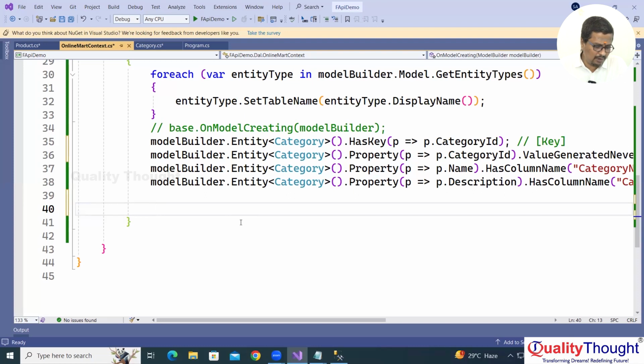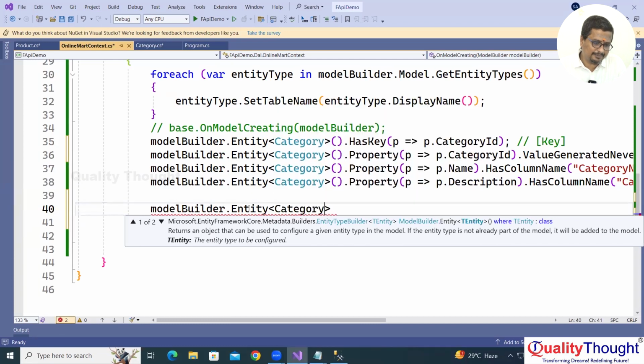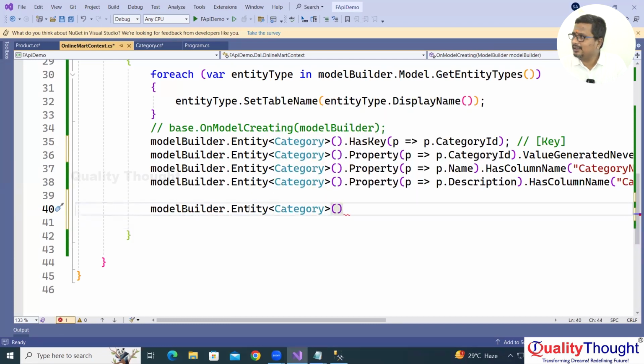Now model builder dot entity, sorry, category. Okay, right. One category object may contain multiple products. So this is called one to many relationship. One category object may refer 0, 1 or more. That is one point. Okay, so category